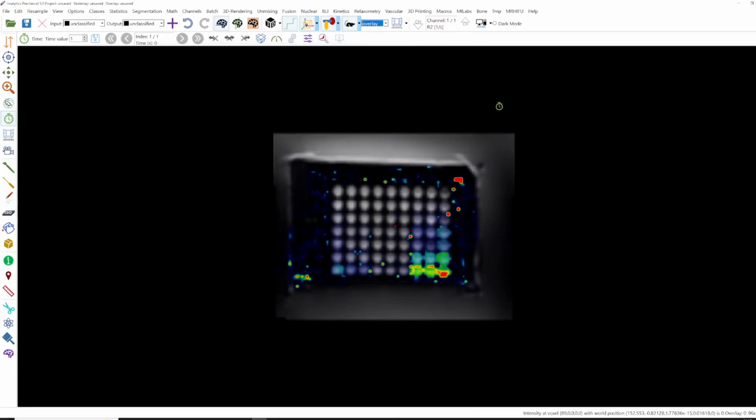So what happened? For every voxel, an exponential curve was fitted to the intensity over time curve of that voxel. You see that the voxels with a quick decay have a high R2 value here on the right side at the bottom. And the others here on the top have a lower R2 value. And this was now calculated per voxel, but we can also analyze it per region. So I will undo this.